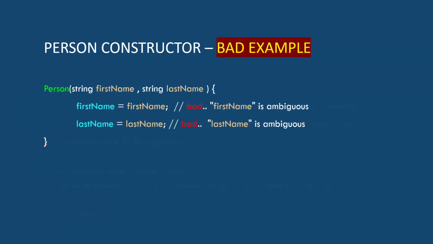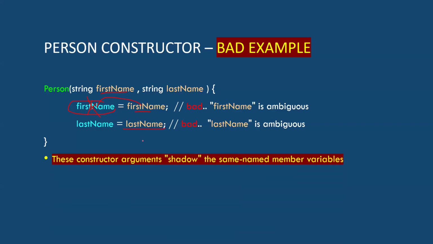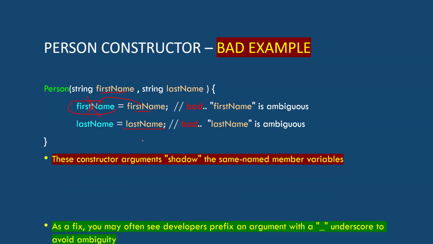Okay. Now, if we do this, we create a bug for sure. C++ will do the wrong thing. It doesn't know which of these things to work with. So what it really does is it goes local first. It says, okay, this is going to get itself, right? So it really doesn't ever even assign it to the data member. It assigns it to itself, right? So that is a problem. We don't really want to do that. So we have to watch out for that, right?